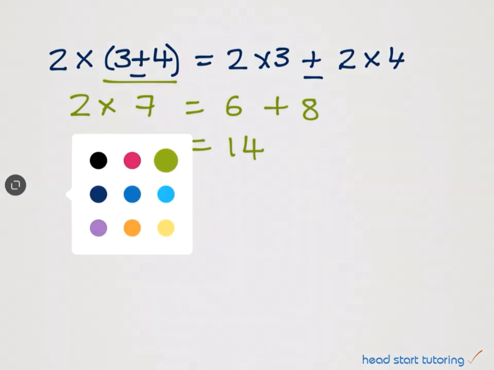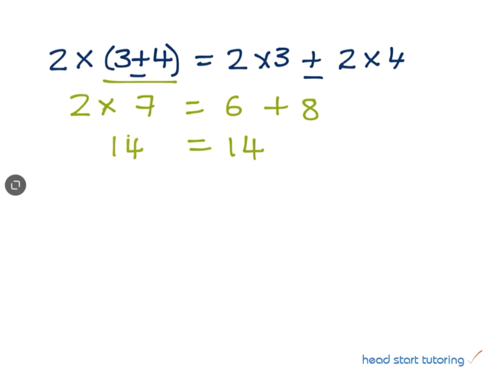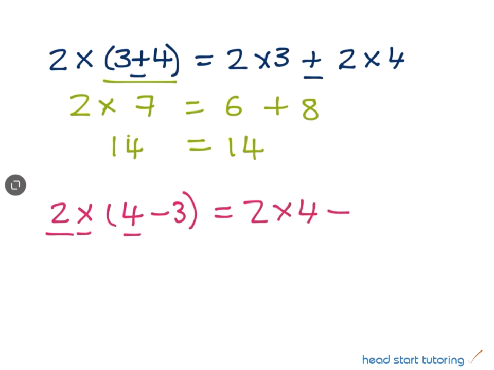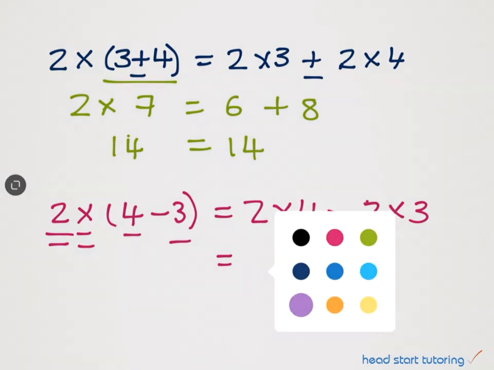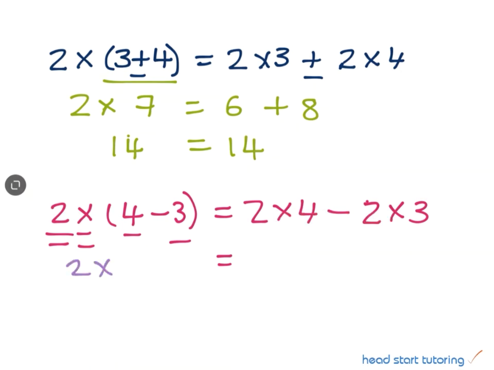Let's have a look at subtraction. So if we've got 2 times 4 minus 3, let's see if that is equal to 2 times 4, and then we minus 2 times 3. So let's see, 4 minus 3, which is equal to 1, and